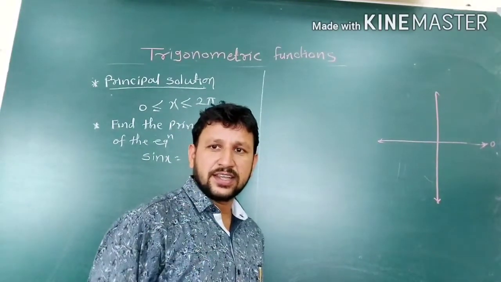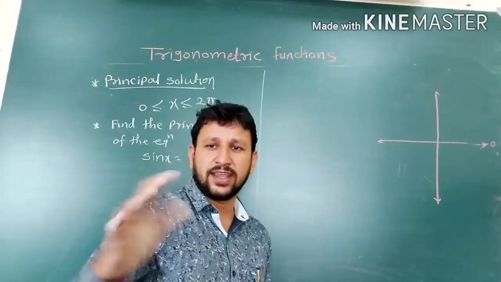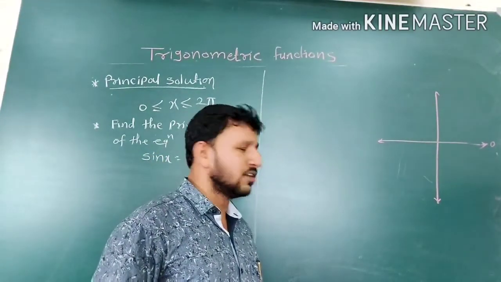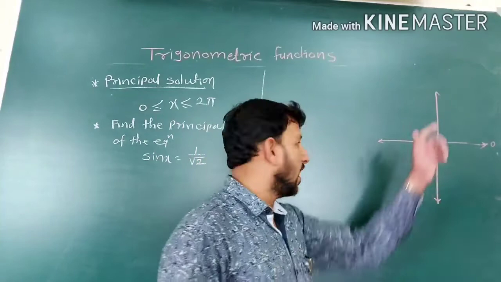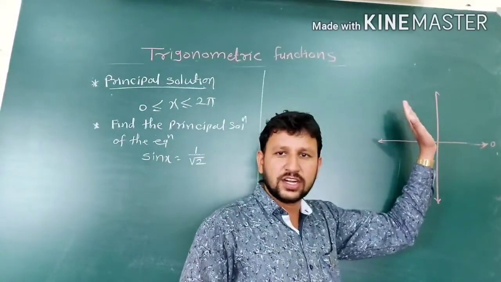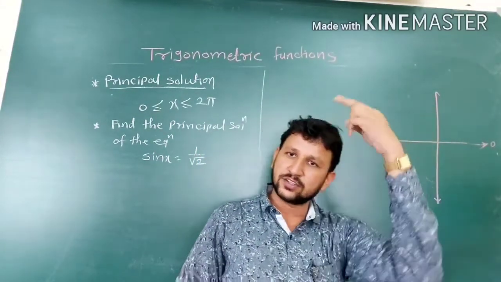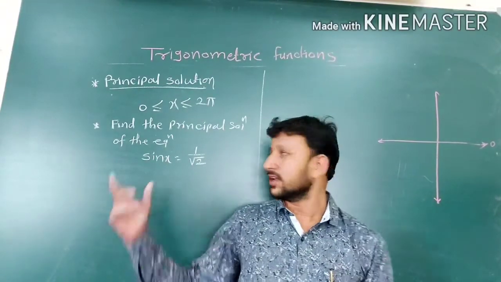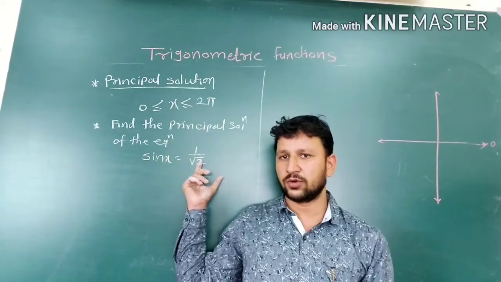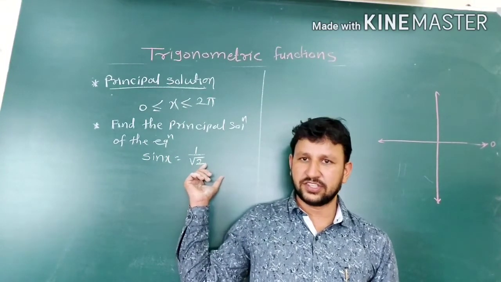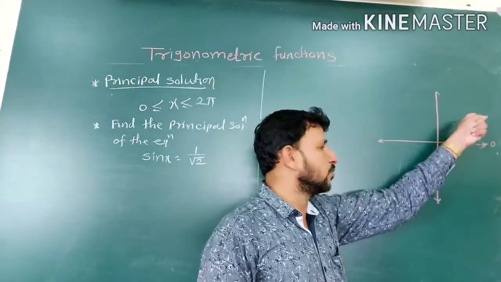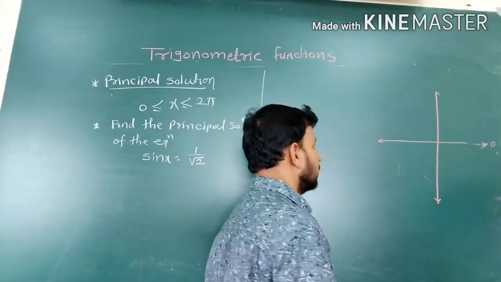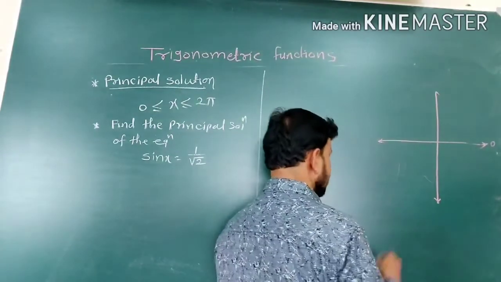So the sine function is given here as 1 by root 2, whether the given value is positive or negative. Any trigonometric function is positive in two quadrants, and negative in the other two quadrants out of these four. Here given is sine of x equals 1 by root 2, a positive value, and diagrammatically sine is positive in the first quadrant and the second quadrant. Angles from the second quadrant are less than pi.